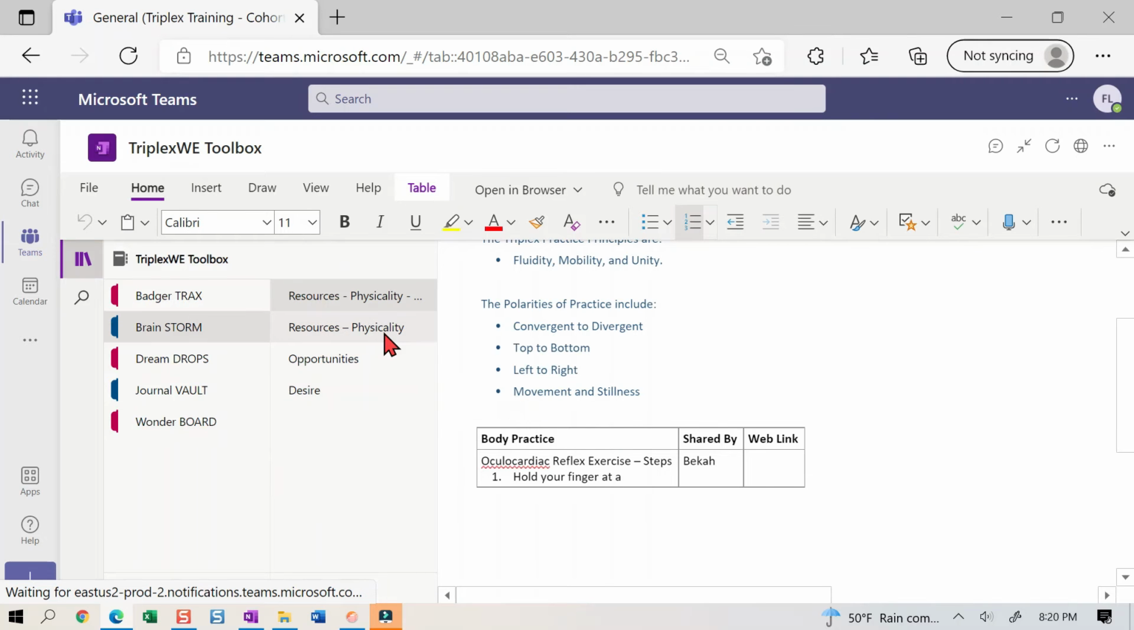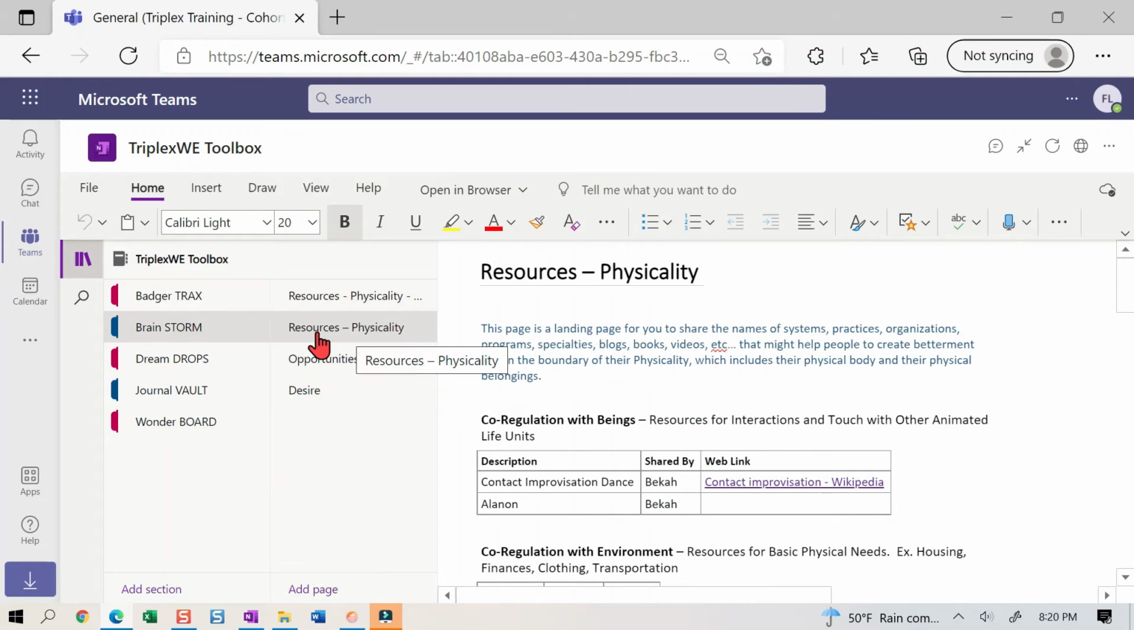So in the area or the page that I'm calling resources physicality, rather than it just be a big mix of all the different resources, I tried to put sections within this page. So I've got co-regulation with beings, and there I've got descriptions here, resources for interactions and touch with other animated